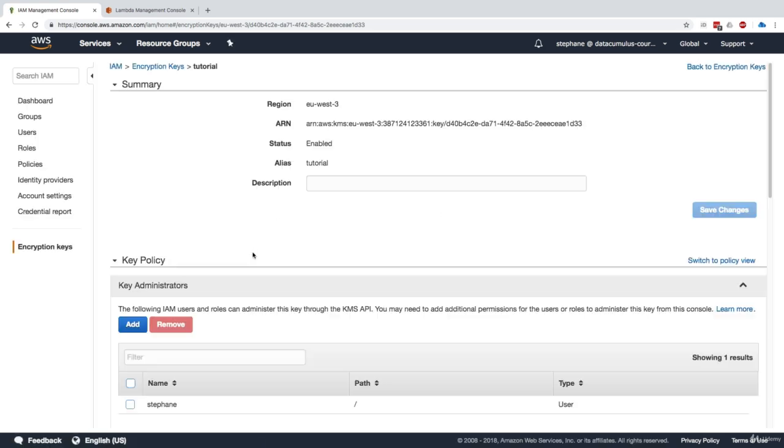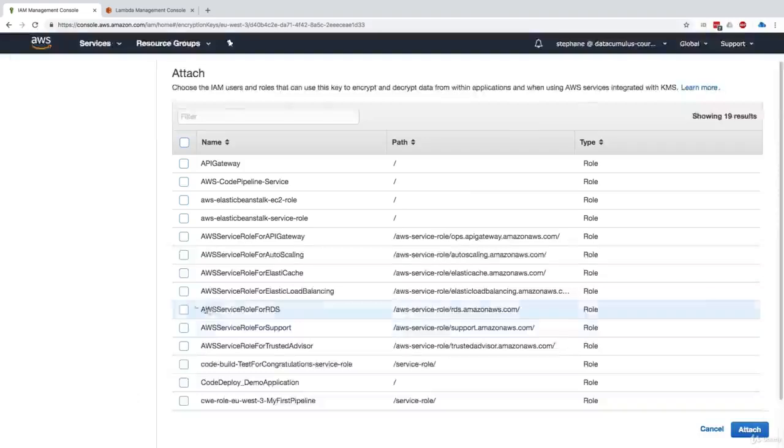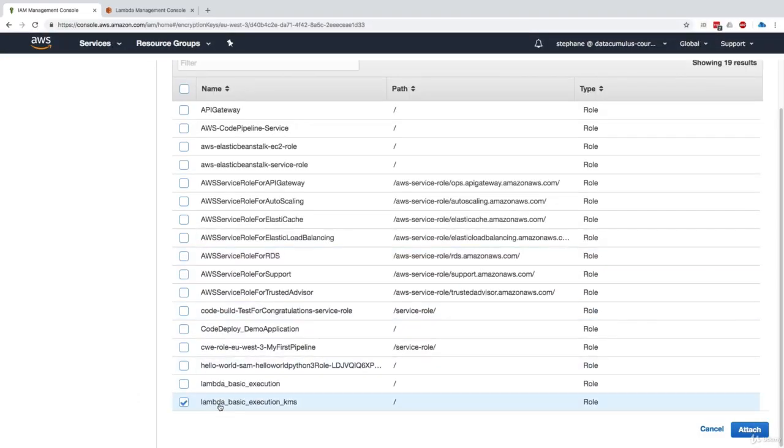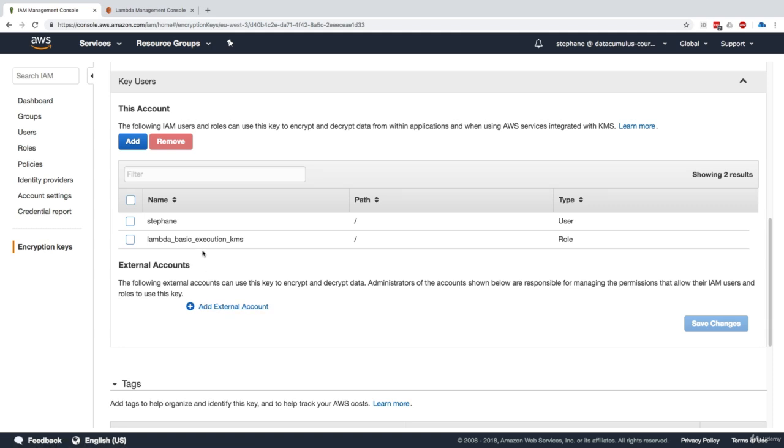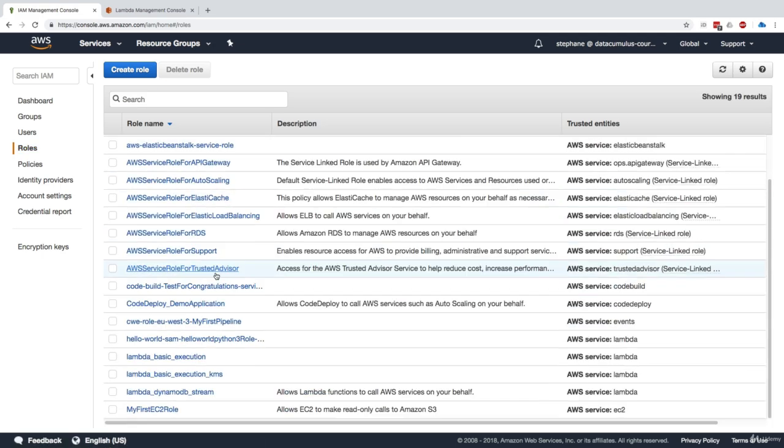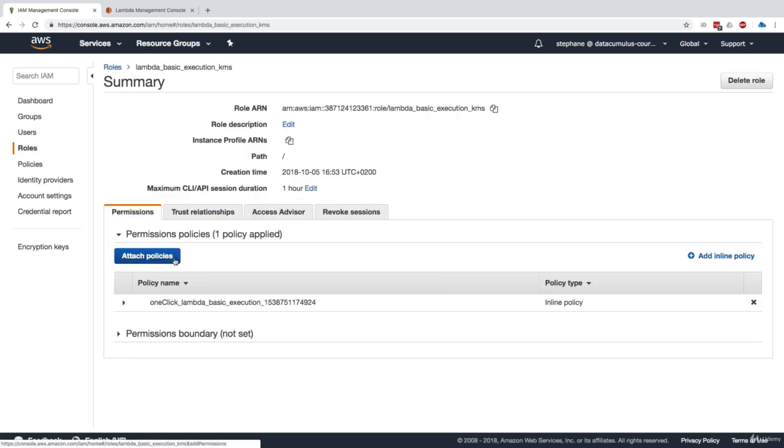And after refreshing this page, if I go back to my key user, now I click on add, I should be able to find, yes, my Lambda basic execution KMS. So I attach my role and now say, okay, this role should be able to use my key. Additionally, I go to roles and I find my Lambda basic execution KMS, and I'm going to have to create